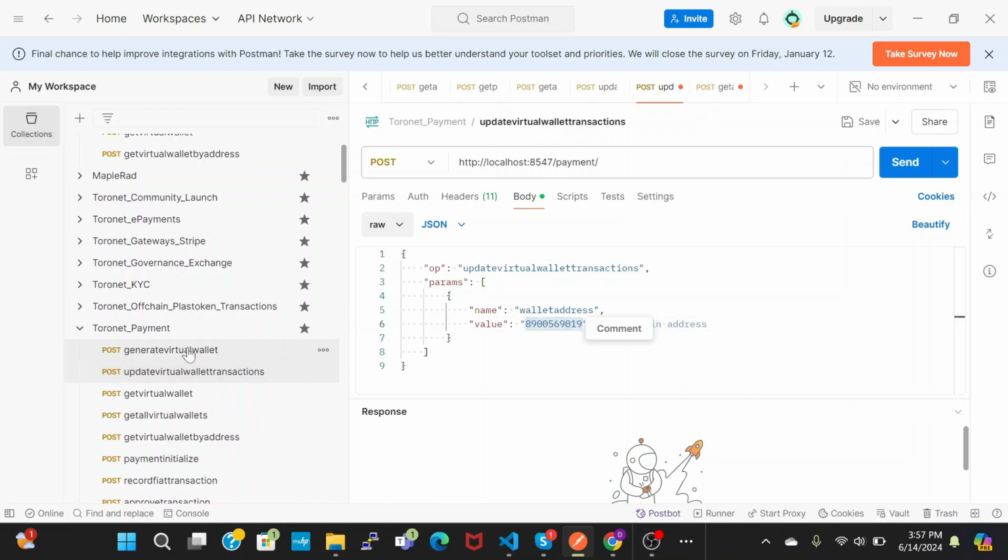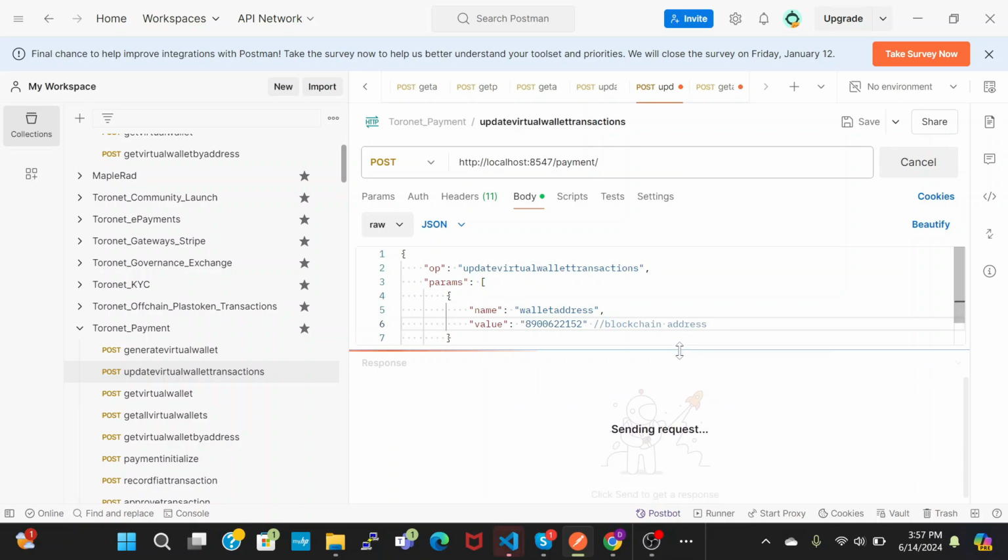So let's put the virtual wallet in here. Okay, so now let's see. By making this call, the process will now look into the virtual wallet and will do the